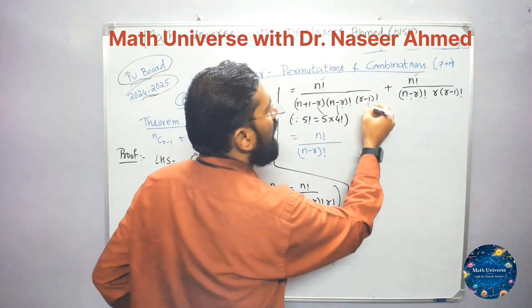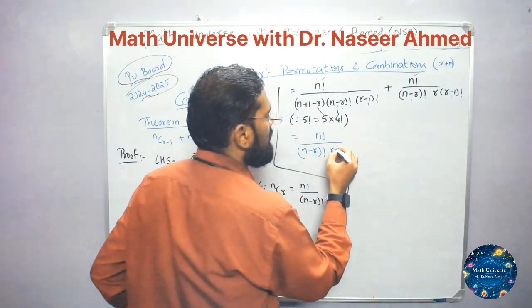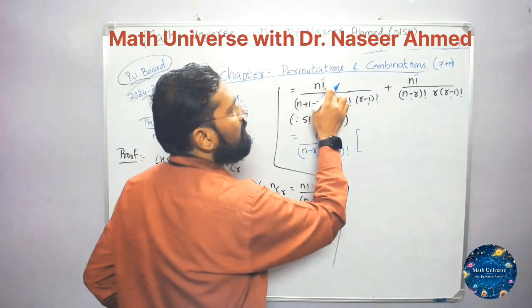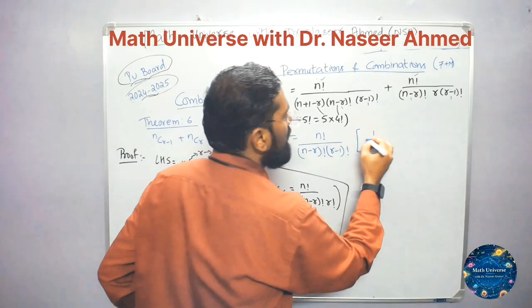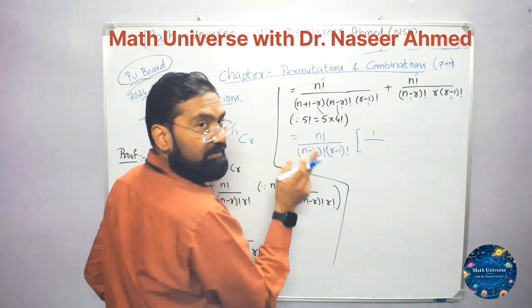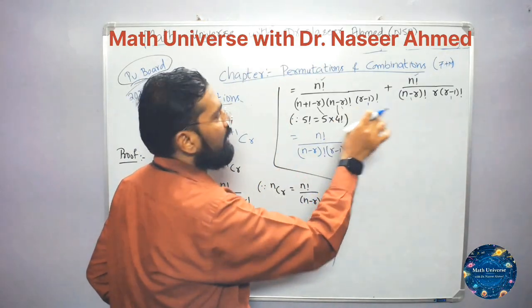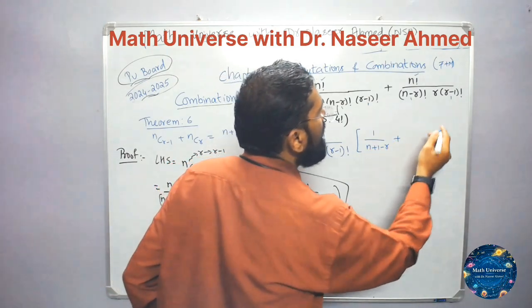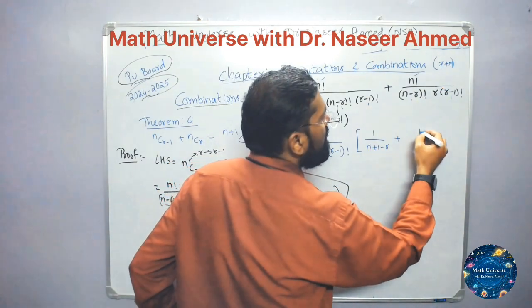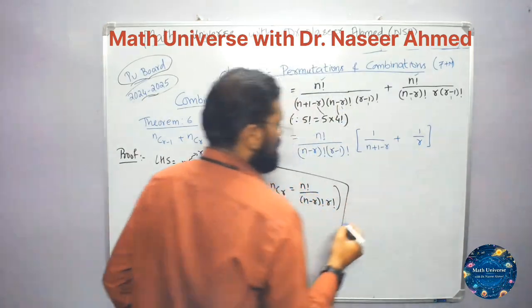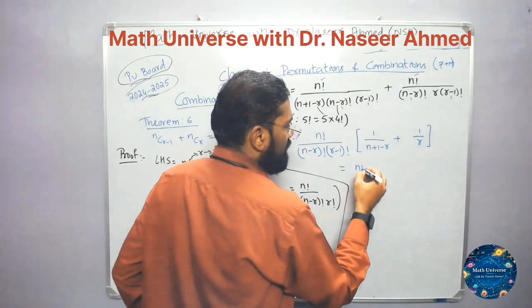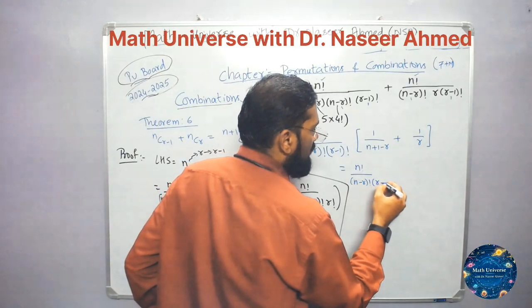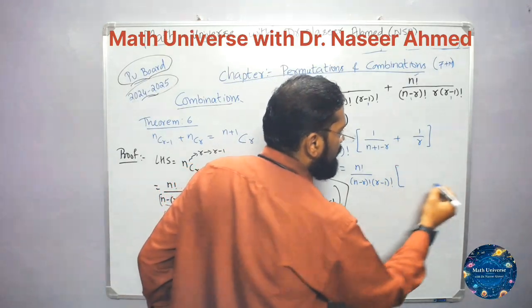Then what next? (r minus 1) factorial is common. What next? Nothing is remaining in the numerator, so 1. Whichever we have taken common, I have given a blue line. Only this is pending, and here 1 by r is pending. So what is remaining? n factorial divided by (n minus r) factorial into (r minus 1) factorial, and coming to